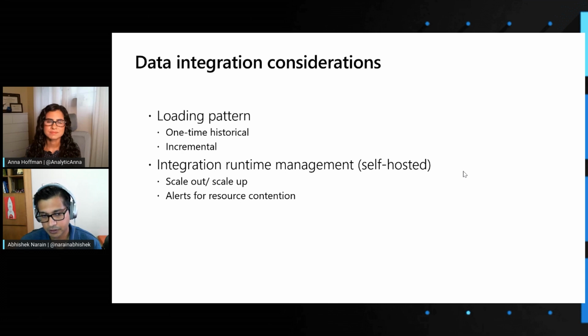Once you set up these alerting metrics in Azure Data Factory, and if there are too many jobs, for example, running on a single self-hosted integration runtime, and your CPU and memory is running low, you will get an alert. The action on you is to come out and make sure you are able to scale out these nodes. You're able to install this same integration runtime across multiple nodes. You can go up to 4.